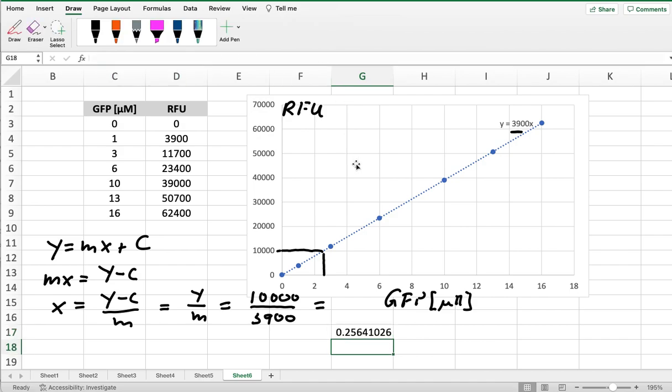And that gives us this concentration of GFP. That does not look right. What have we done? We've got a 0 here missing. It's always good to check these things. So we would get a concentration of 2.5. So we've got 2.5